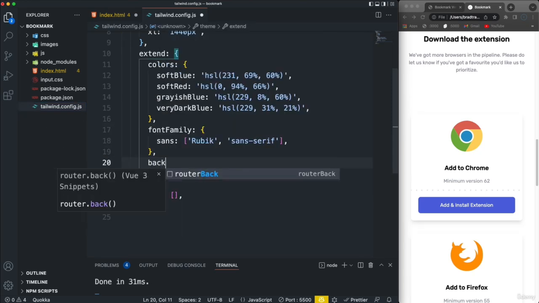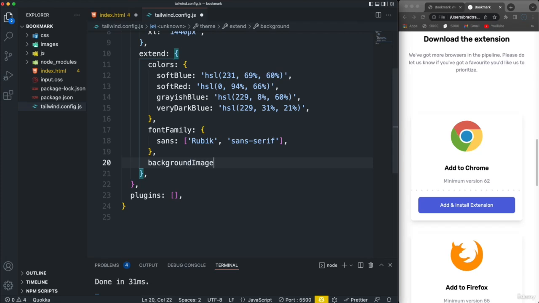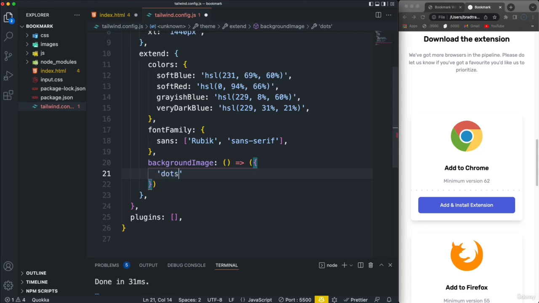So if we come in here, we can say background image, and we can set that to a function that returns an object like this, and then we can put a name of a class, which I'm just going to call dots, and when we use the class name it'll actually be bg-dots, but here we just say dots, and then the URL that we want to use, which is going to be